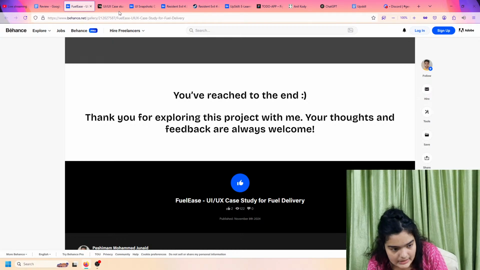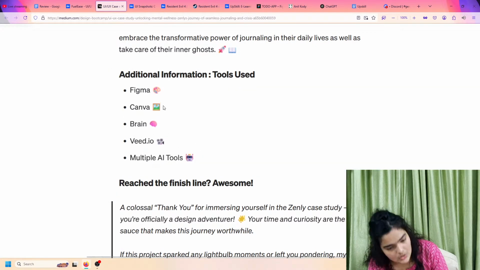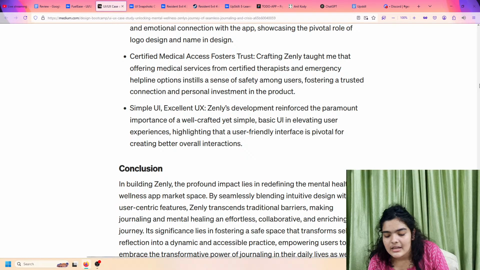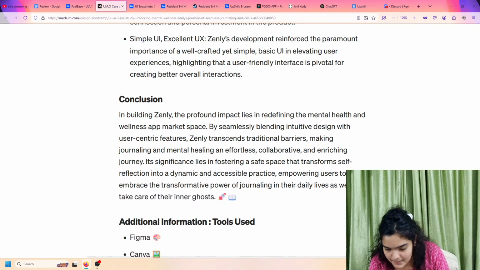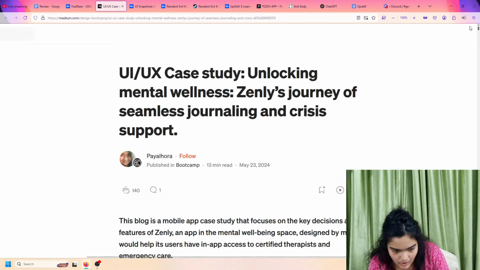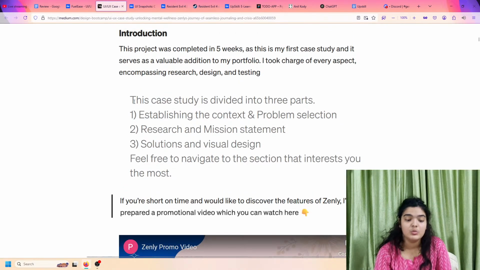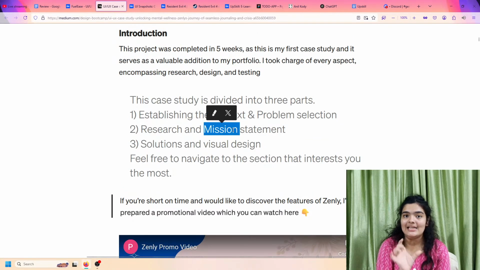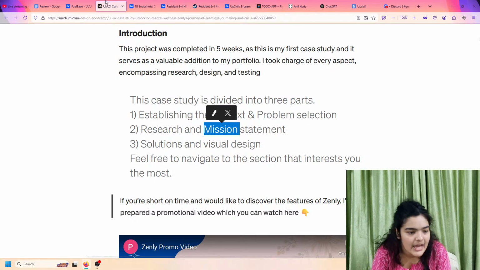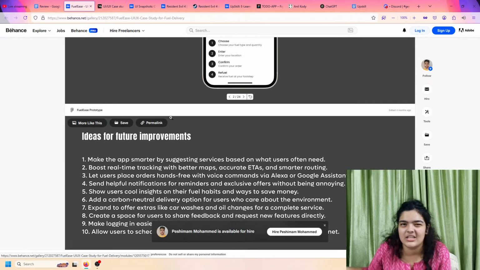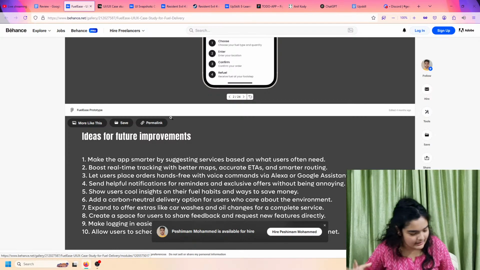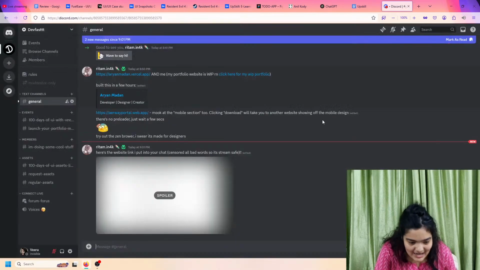So we saw in the last case study that we just saw, since the beginning, there was a very clear idea on what the portfolio looked like, simply because we have an introduction which tells us how many parts we are talking about, what the title elements are. And I feel like in FuelEase we just lost that a little bit, and it sort of railed its way out of control, and that just freaked me out a little bit. With that said,